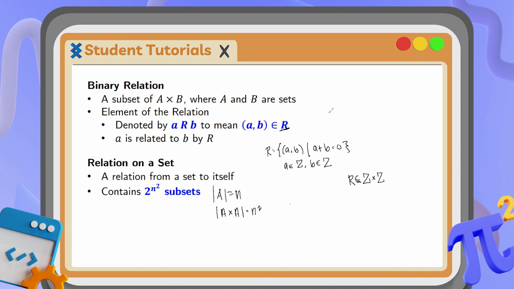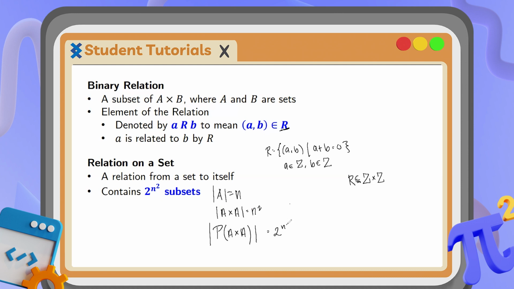If you remember from sets, this would be the power set of the Cartesian product of a set with itself, which would help you find its subsets. So given that this is n squared, and you add the power set operation, that would make it